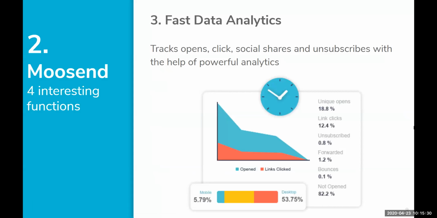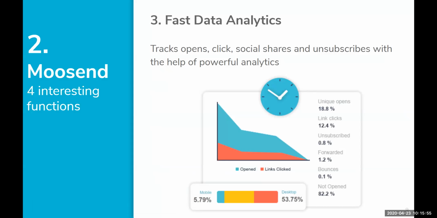So number 3, an interesting function about MooSend, is that there's really fast data analytics. MooSend will track your opens, your clicks, your social shares, and unsubscribes with the help of powerful analytics. This is also another graphic that I pulled from MooSend's backend. This was for a newsletter that had gone out, and it will show you how many people opened it